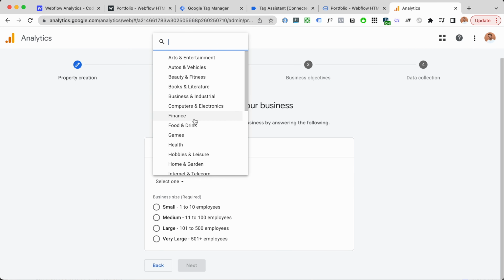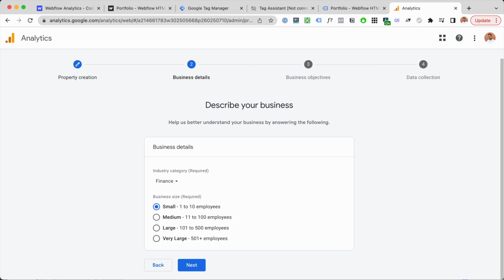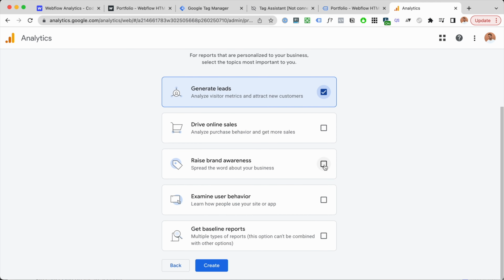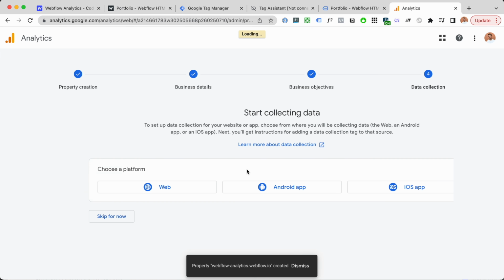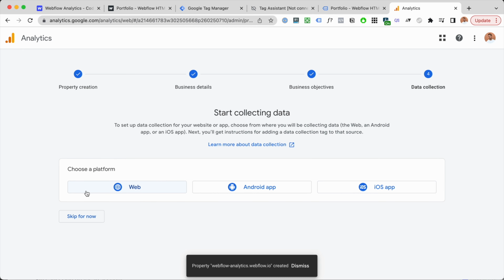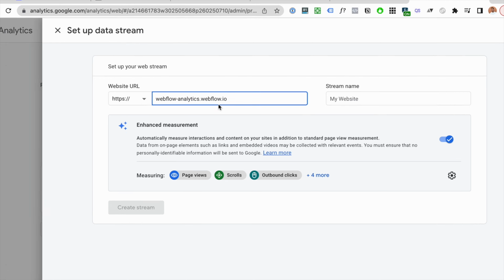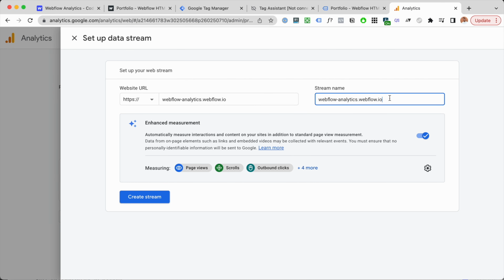Okay, I'm just gonna run through this. Feel free to select what makes sense. Not sure if these make much of a difference, but I'm gonna select these two. Now go for web because it's a web thing, and again add your website URL here. I'm gonna name the stream that one as well. For the enhanced measurement,